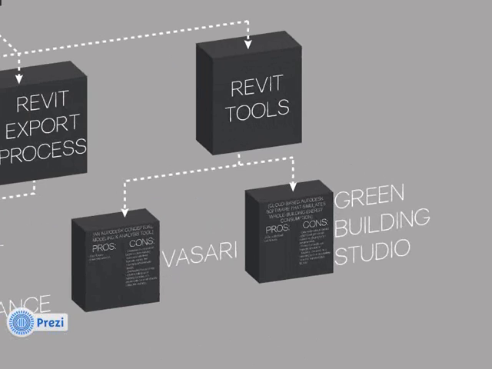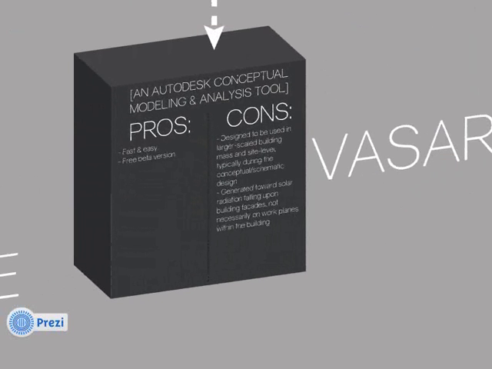So one of those is which is currently, I believe, still in its beta version. It's free as it is in its beta version. It might be subscription-based in the future. We'll see how that pans out. But it's fast and easy. It's mainly for conceptual modeling, early stages. But it doesn't really do daylight analysis proper. It does insolation analysis, solar array analysis, a lot of the sun studies, but it doesn't actually get into illumination or luminance analysis, right? So this really can't be used for, I think, the bulk of what we're talking about today in terms of